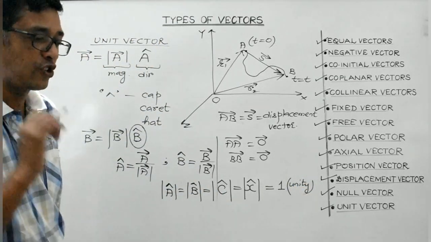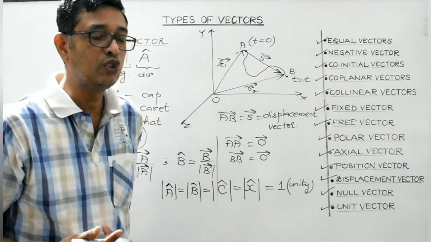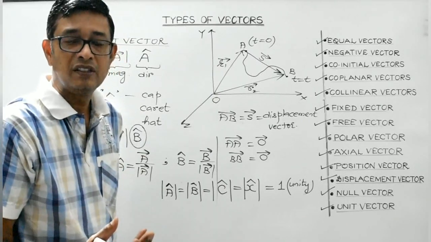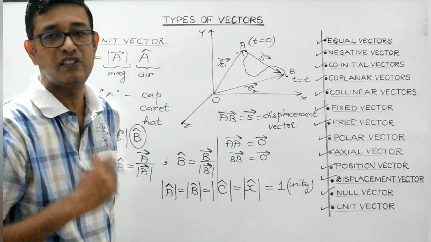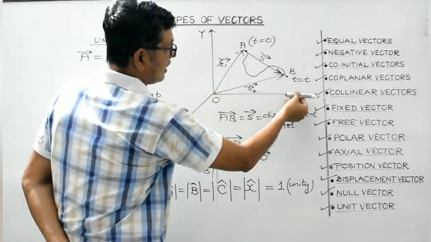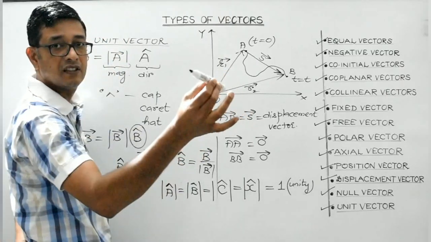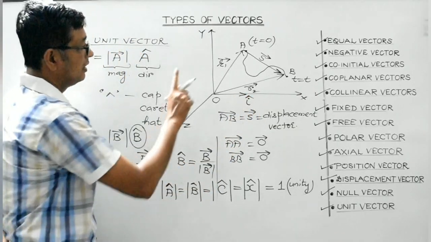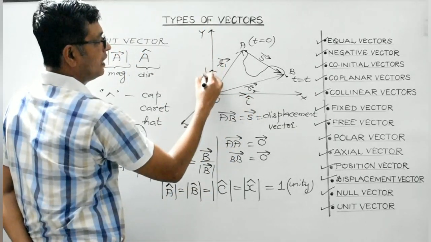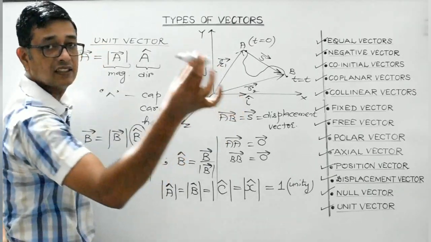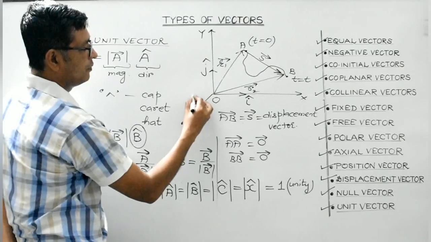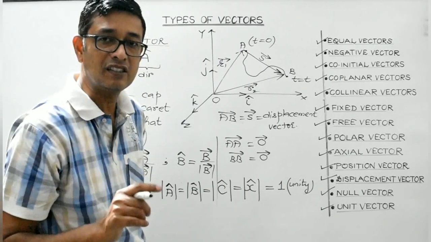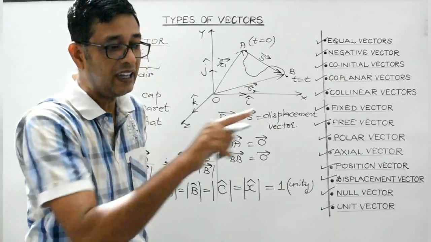And here I must mention, in the coordinate system, we make use of i cap, j cap and k cap, which represent the unit vector along the direction of x-axis, y-axis and z-axis respectively. Suppose this is x-axis, this is y-axis and this is z-axis. So the direction of x-axis is represented by i cap. This is a unit vector. Direction along y-axis is represented by j cap. And direction along z-axis will be represented by k cap. So students, remember, i cap, j cap, k cap are the unit vectors which represent the direction along x, y